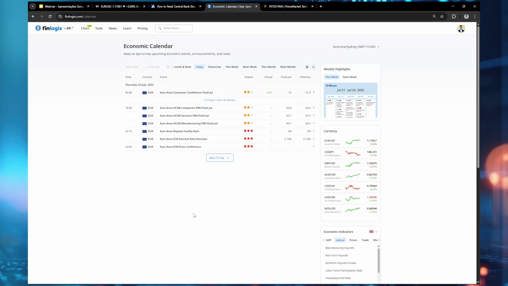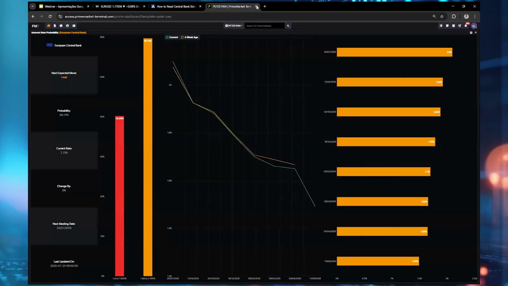Really basic, but I guess it's going to work pretty well. So just expecting no cuts. So 2.15% as the previous. For the ECB press conference, most likely what we're going to get on forward guidance is data dependent, and that they are, in a sense, ready to take action, ready to do anything if needed. Okay, that's pretty much what I think. So very data dependent in a sense.